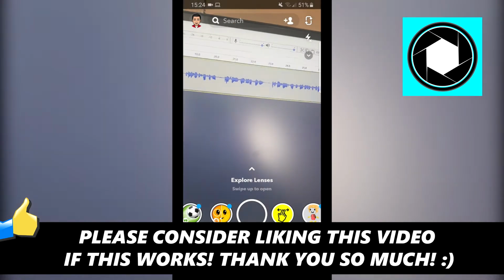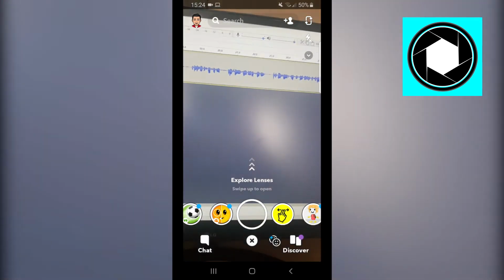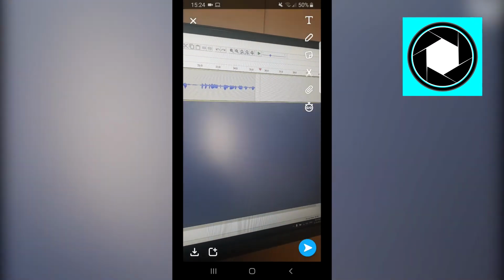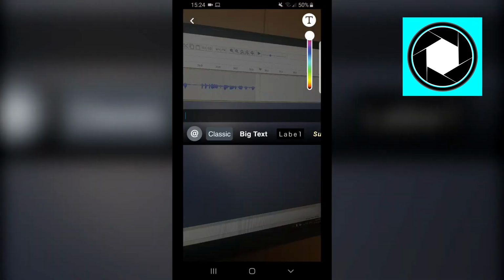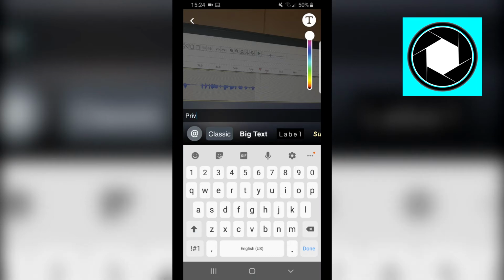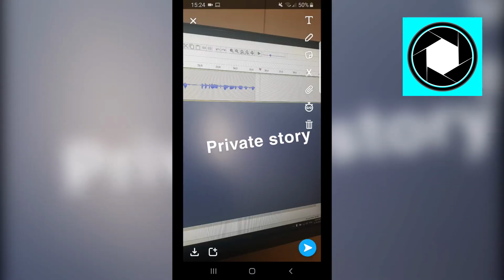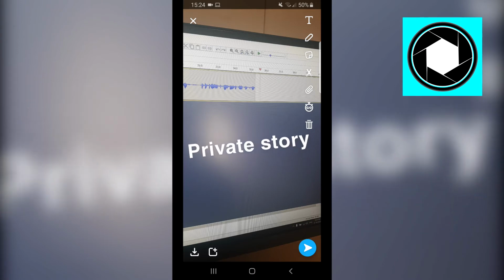Now with that being said, let's show you how this works. So first of all, you want to prepare the story that you want to post, okay? So I'm simply going to take a picture right now, and I'm just going to put a simple caption, private story, and then let's just do big text. There you go. So you simply want to create the story or the picture that you want to post